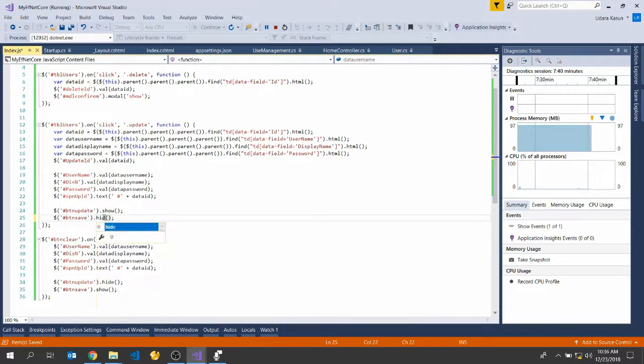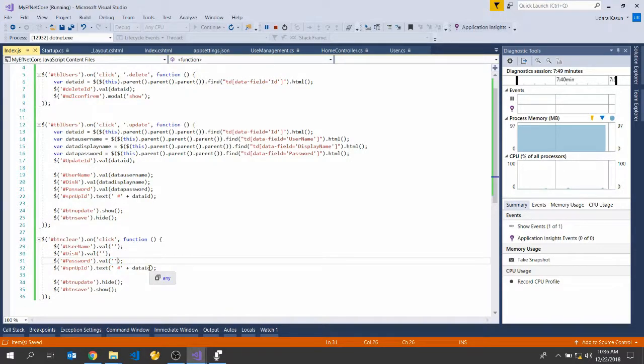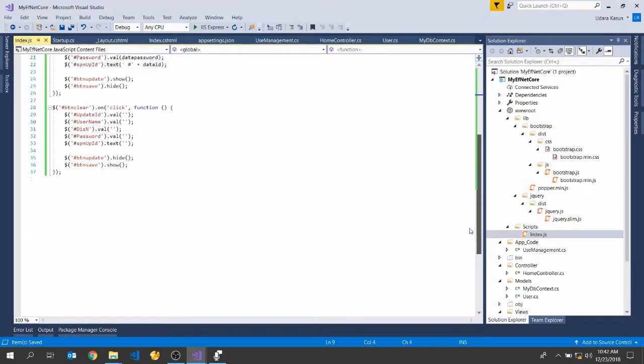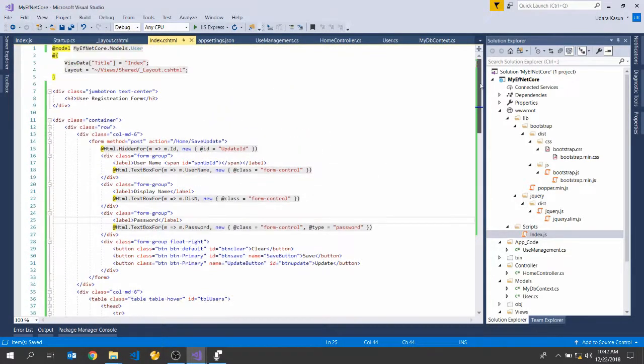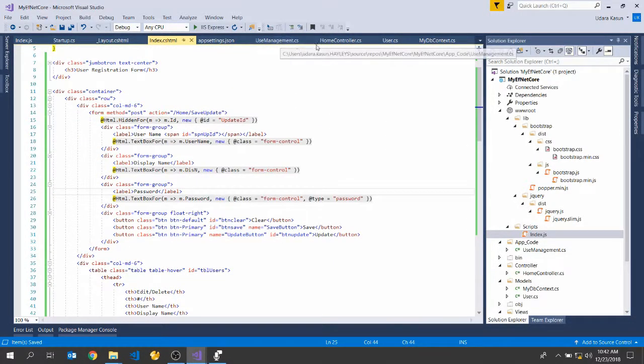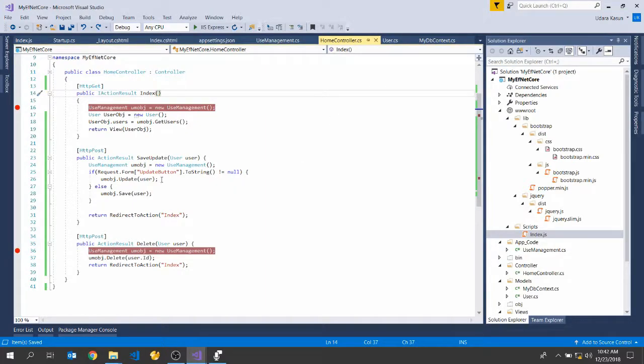Here change show to hide, display name, password, okay guys, everything fine, and check again is there any changes,